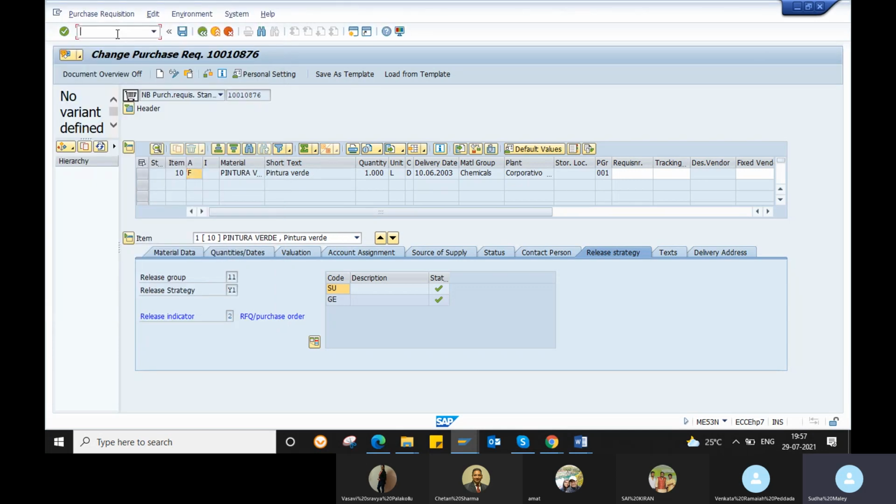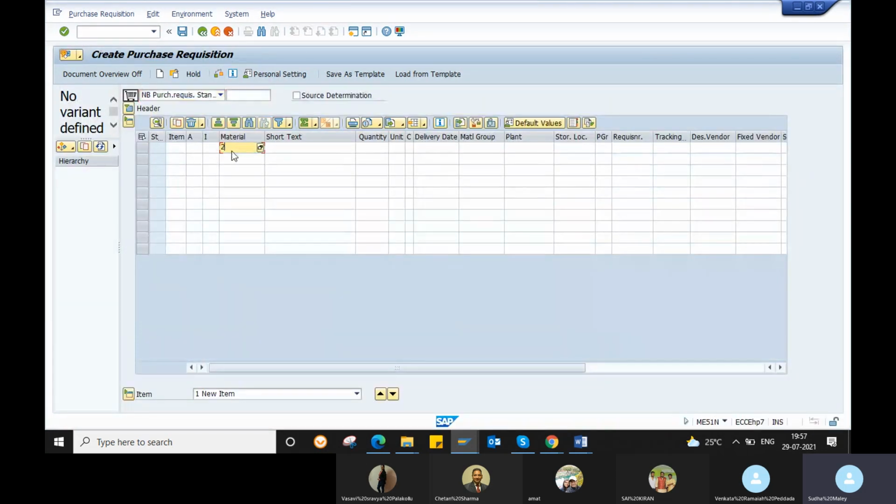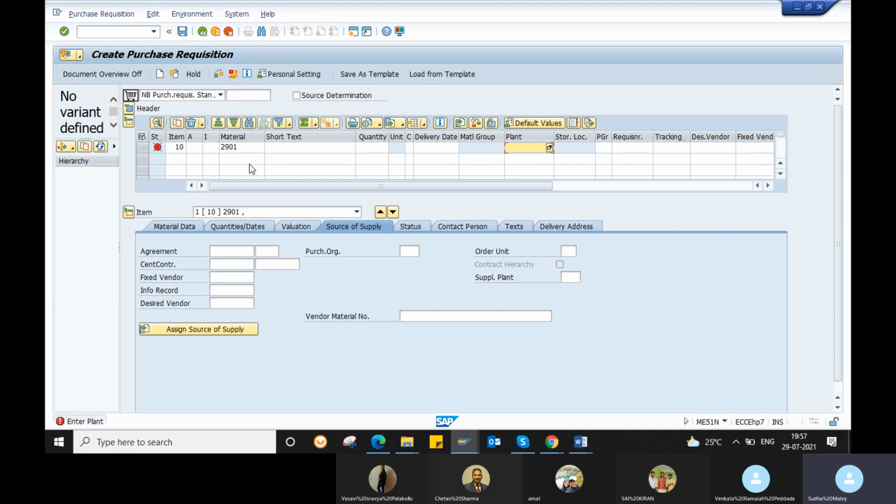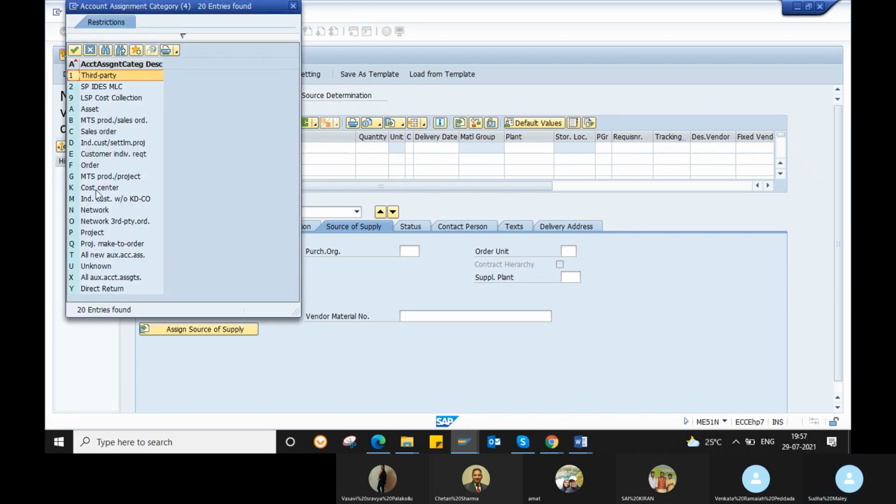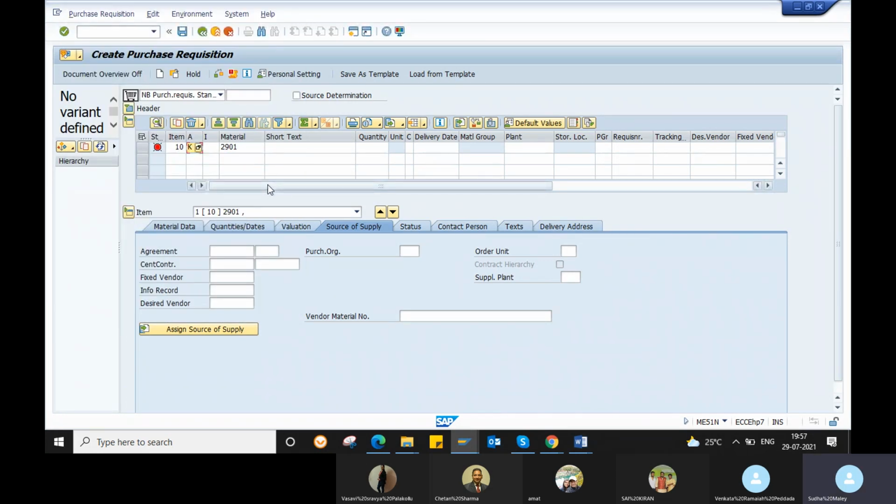For example, if you're creating a new purchase requisition for your material, and for this material type the quantity and value update was not set, then you will get an error that account assignment is mandatory. If you are not updating quantity and value in your material type, then the system will ask for your cost center and your GL account. In that case, you need to give your account assignment category as K. So this is for consumable materials.